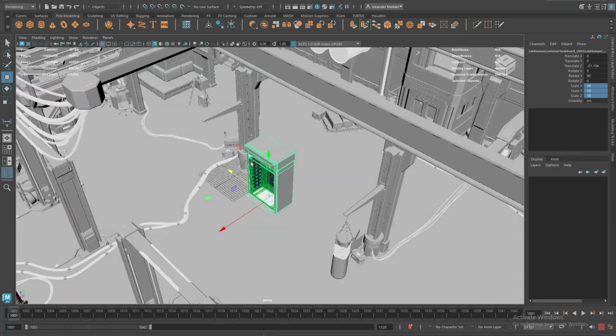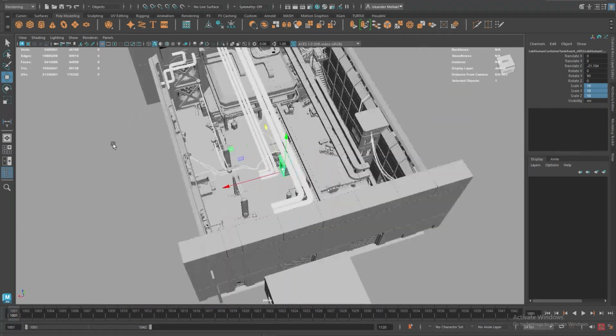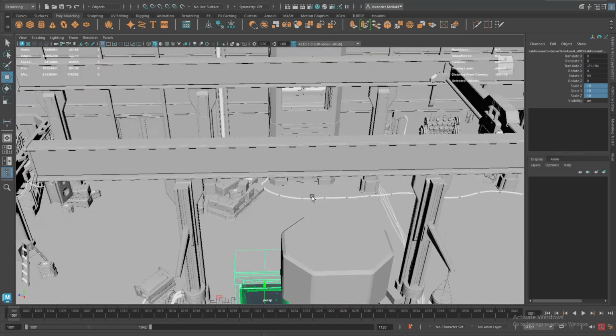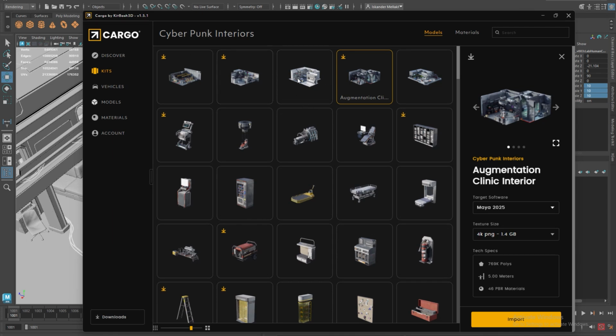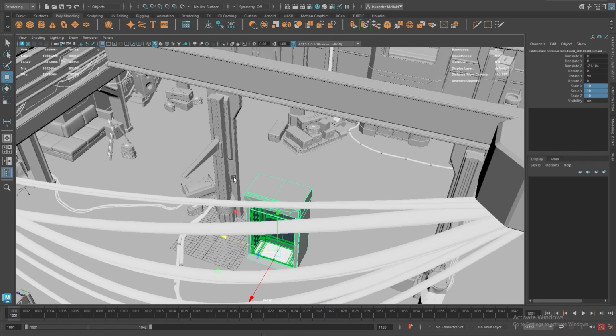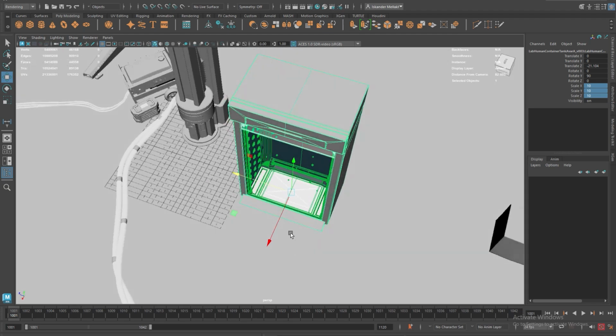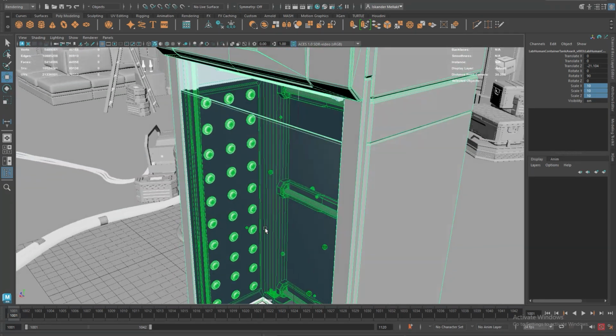Okay, hello. So I am basically setting up the secret lab I've just used to start this. I have got a couple of the cyberpunk interiors from Cargo Kitbash, and I also got this container from Kitbash, but I've adjusted it and I've added some water into it, and